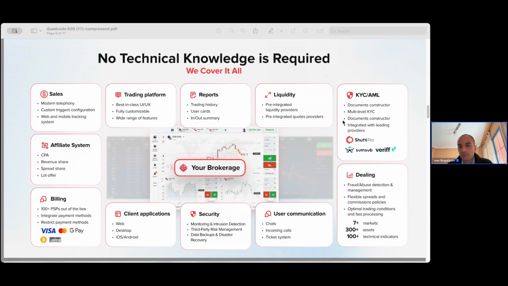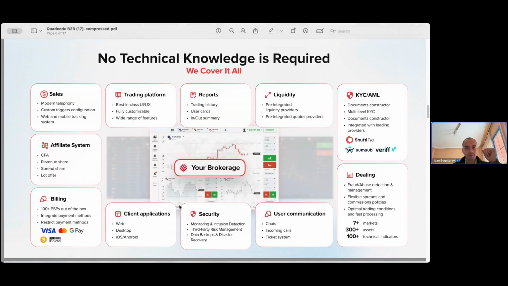I see a question from Paul. Yes, the IB module is multi-level. This is super important because, of course, some people have their own IB business. It allows a hierarchy and it allows communication between IB partners. The expertise is already built into the affiliate module, so this allows you to remove a lot of manual work. So yeah,